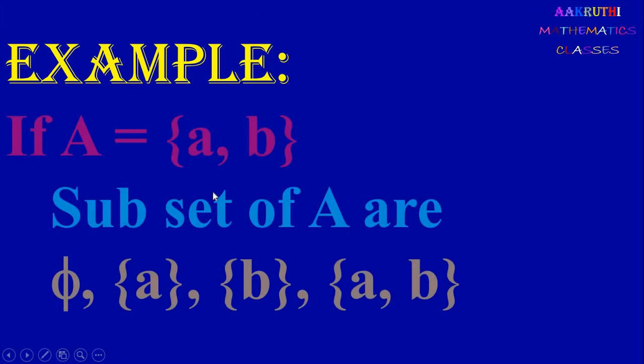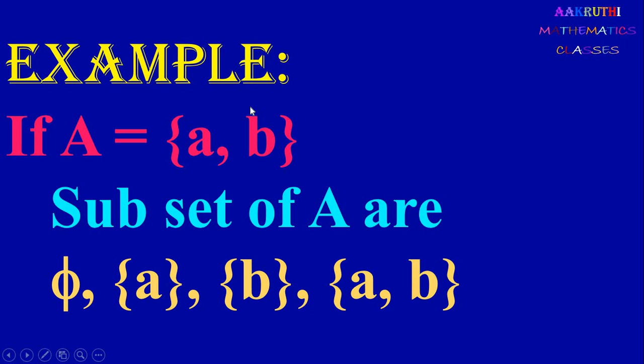We take one example. Consider A equal to {a, b}. So now here we have 2 elements. What are the subsets of A? Now here we have the empty set. We know that the empty set is a subset of every set, and the same set is also a subset of every set. That is, the empty set and the same set {a, b} only. Next we can write set {a}. So set {a} is a subset of the given set, and this set {b} is also a subset of the given set. That is, a is present here and b is also present here. All these are subsets of A. Now here A has two elements and total number of subsets is 2 to the power 2. That is 1, 2, 3, 4 subsets are there.